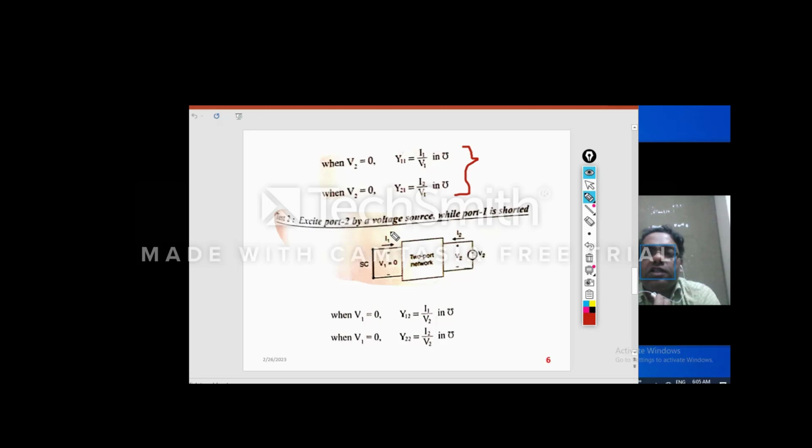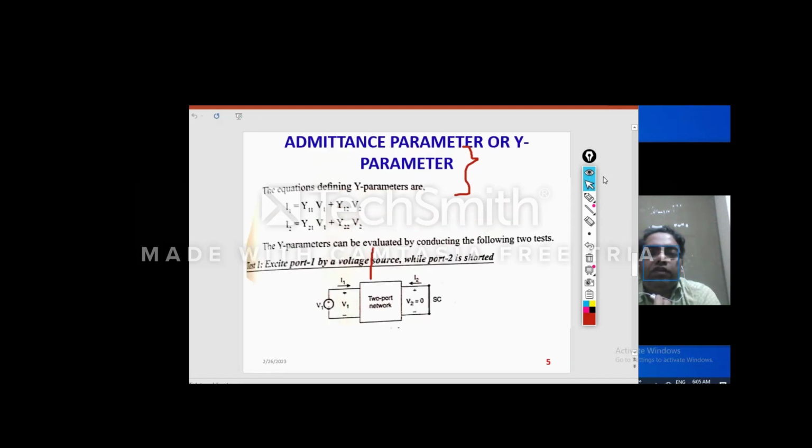Similarly, if we give voltage at port 2 and at port 1 we do short circuit, then what will happen? V1 becomes 0, so we can say Y12 equal to I1 by V2.